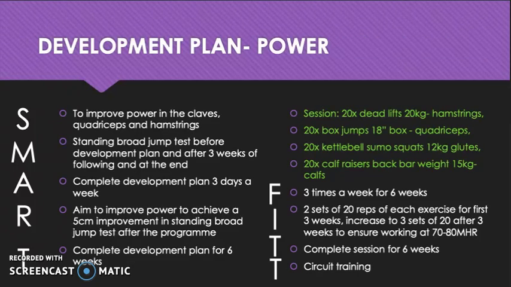The second development plan I've made for power focuses on a target to increase her score in the standing broad jump test. So this target is specific to the athlete because it works to improve her power in the calves, quadriceps, glutes and hamstrings, which all allow for force to be generated in the lower legs. This focuses on improving her power aspects in the 20-meter sprint and the box out, and will also lead to muscular strength improving, which will aid the contact elements in the box out.